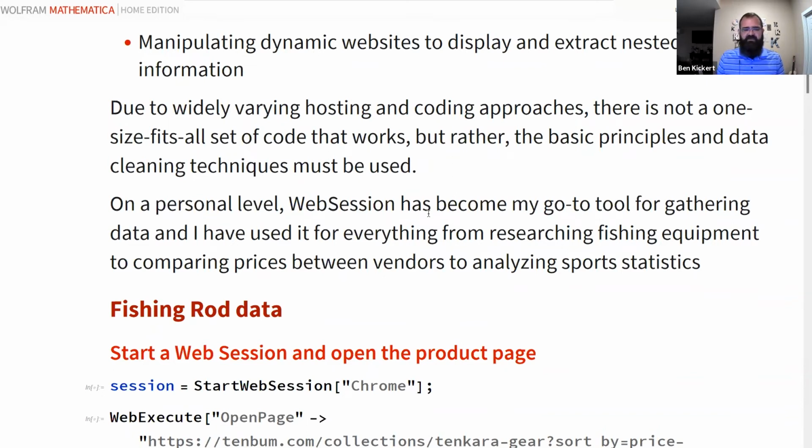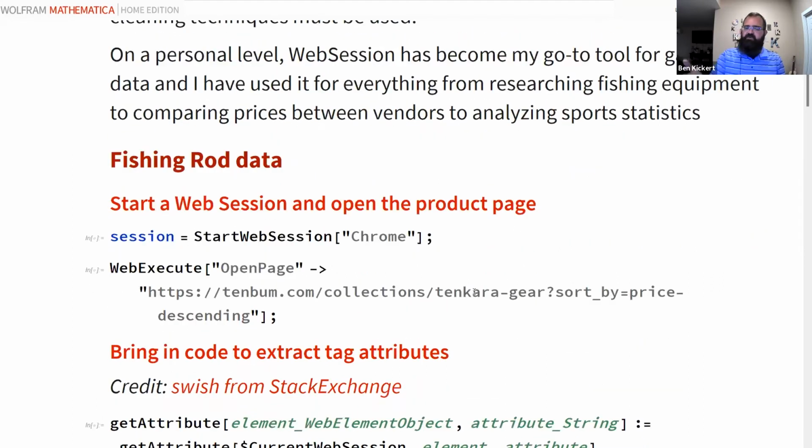If I open up ESPN and I'm looking at cricket scores and I want to be able to quantify that in a new way, my first thought is how can I scrape this in Web Session to be able to analyze it. So a quick example of how I've used it within the last 2 months is I've recently gotten into tenkara fishing, which is a Japanese style of fishing that is only recently becoming more popular in the US. So a lot of equipment and a lot of gear and a lot of the materials are only in Japanese, and I don't read Japanese.